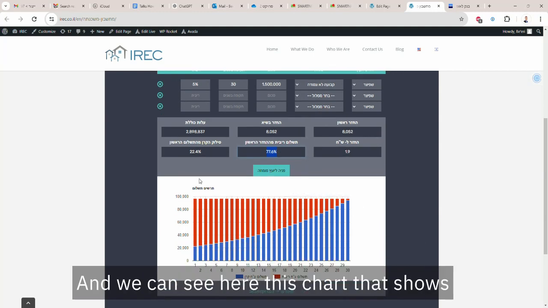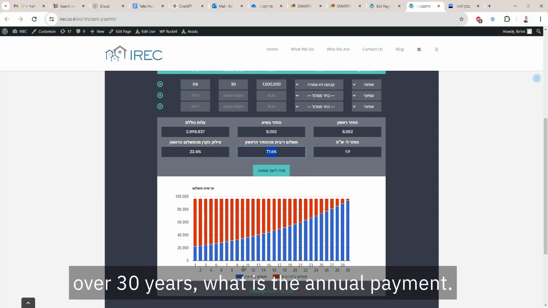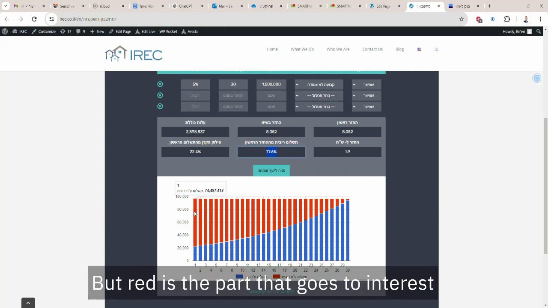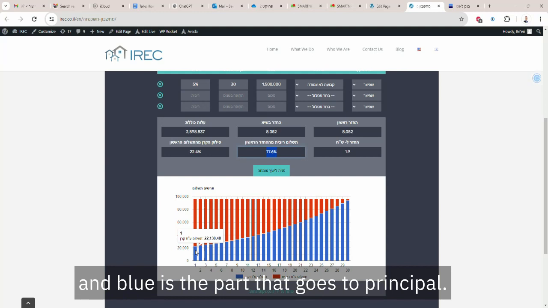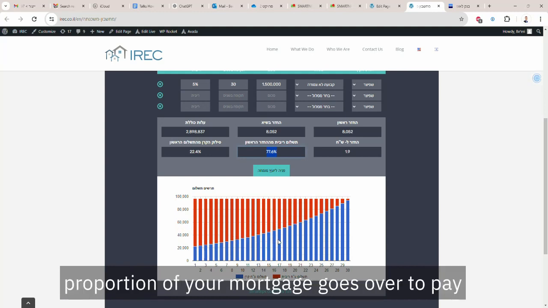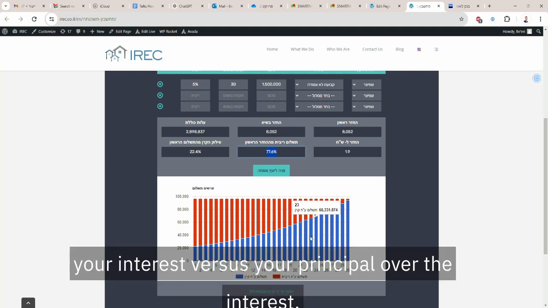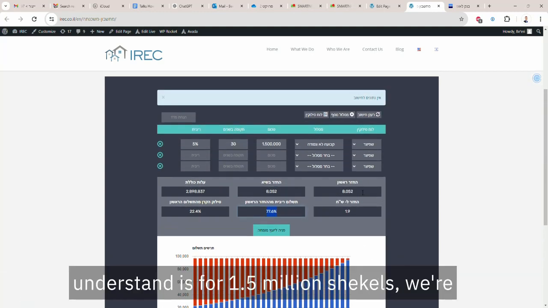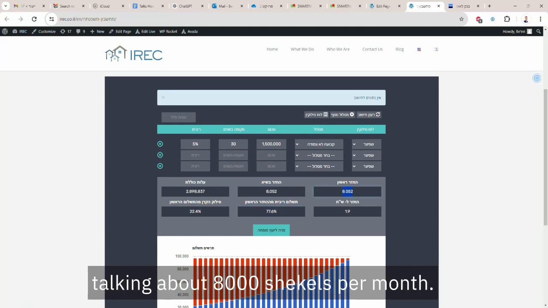And we can see here this chart that shows over 30 years what is the annual payment, and since we're on a fixed non-linked, it doesn't change. But red is the part that goes to interest and blue is the part that goes to principal. And you see that every year a larger proportion of your mortgage goes over to pay your principal over the interest. The most basic thing you need to understand is for 1.5 million shekels, we're talking about